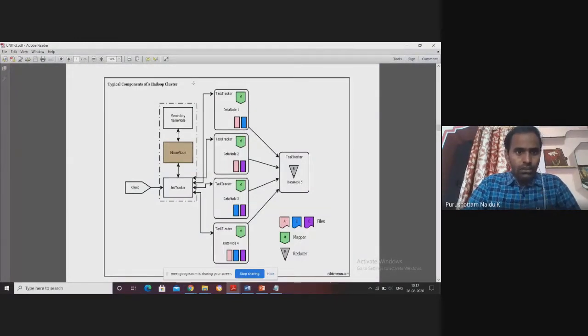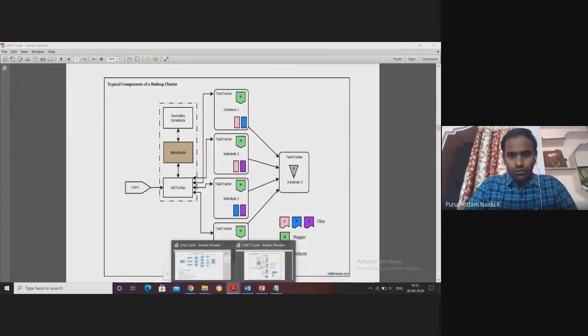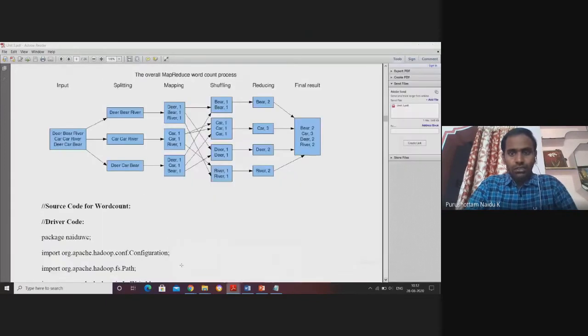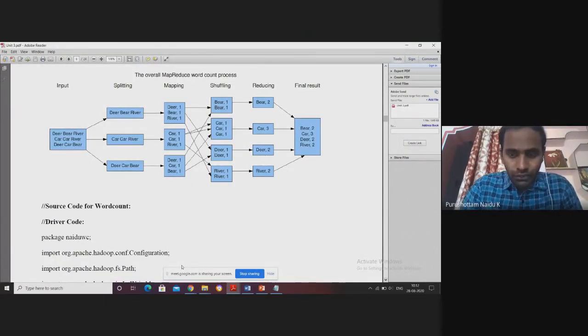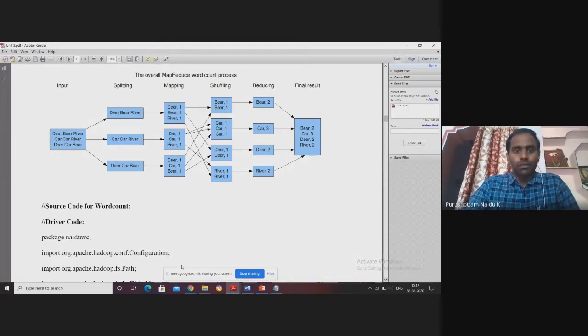Okay, these are the Hadoop clusters we discussed in the last session. In this session, I would like to present two concepts. One is the MapReduce workflow, and the other is the entire Hadoop ecosystem. The first is the MapReduce workflow: how the actual program, from the given input, produces the final result by using a MapReduce program. I would like to discuss that here.